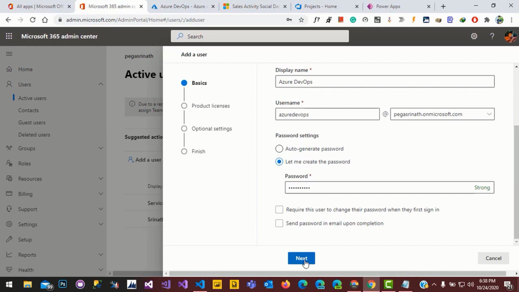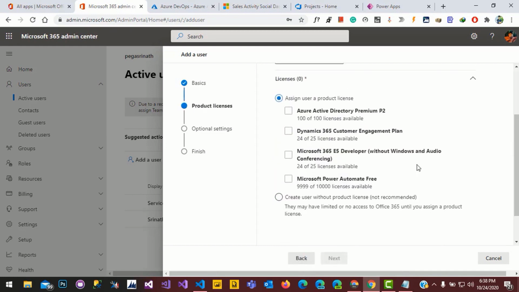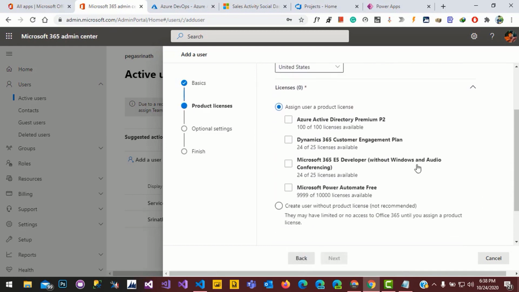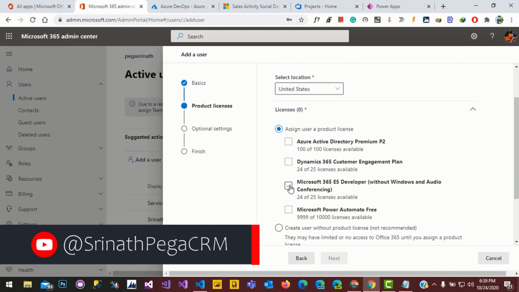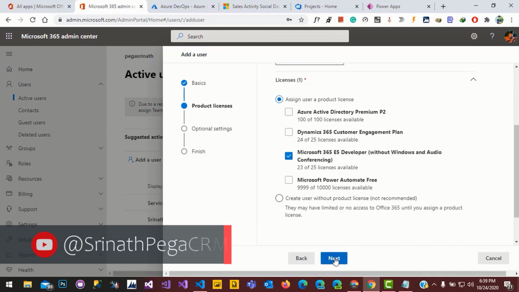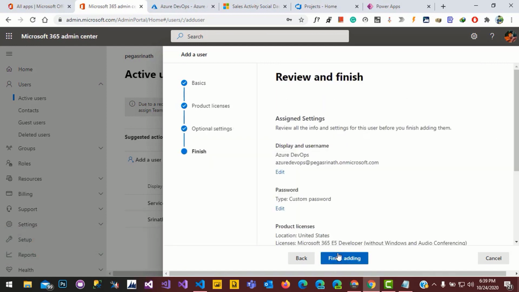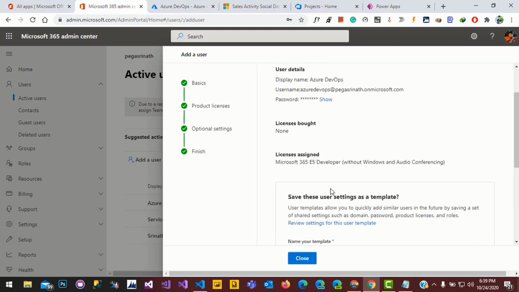Click on next. Here it is asking which kind of license you want to assign. As I said, service accounts never hold any license for Dynamic 365, so I'm not giving any license to this account. Only the Office license, let it be. Click on next, click on next, finish. The user got created. Click on close.